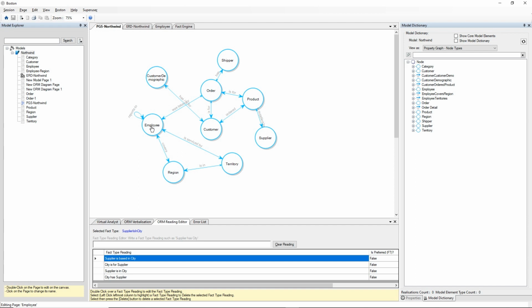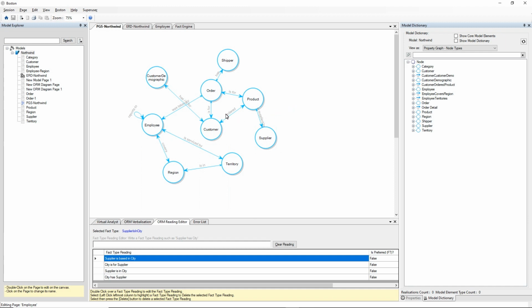We're looking at the property graph schema view of that database, and it becomes a property graph schema view if we control left click on a node type and we can see its properties. So employee has these properties, customer has these properties, supplier has these properties, etc. The Northwind database